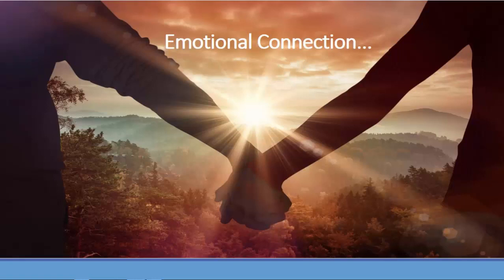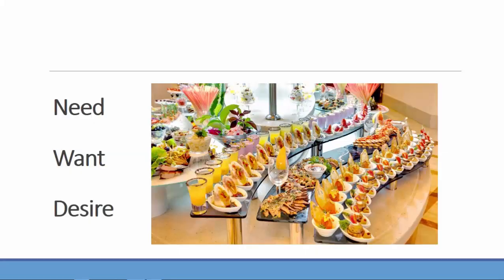To help you understand this better, let's look at these three keywords: need, want, desire. Let's make some points clear. Protein. We all need protein as human beings. Now, your protein needs can be met by a bowl of beans. If you take a bowl of beans, eat it, it will provide protein. But you may not want to eat beans. What you actually want might be to eat beef. But both beef and beans will meet your need.